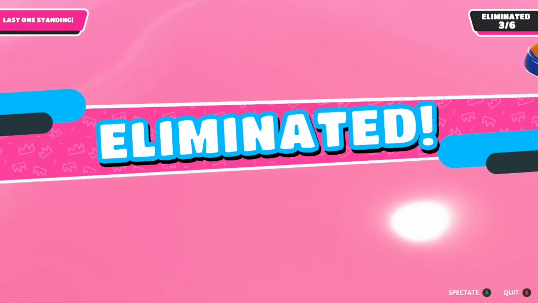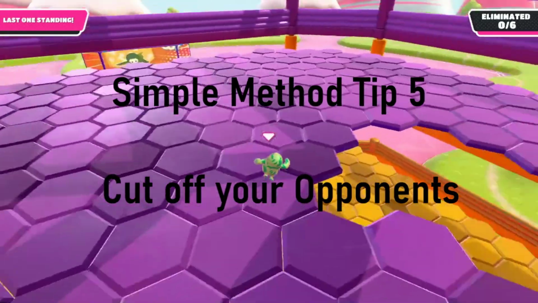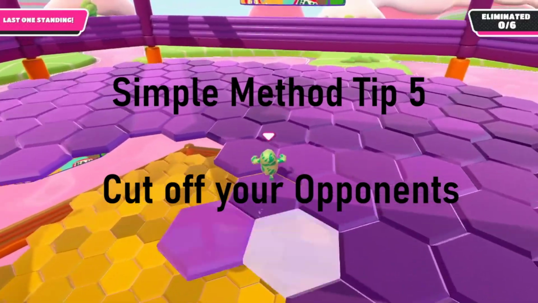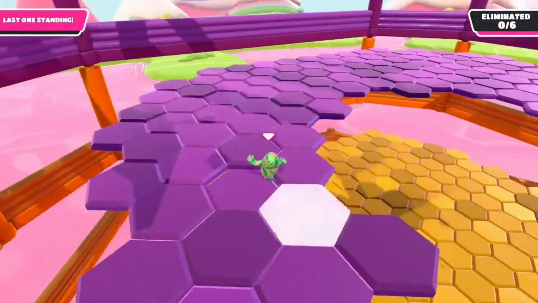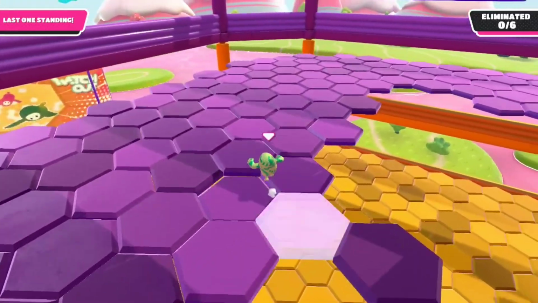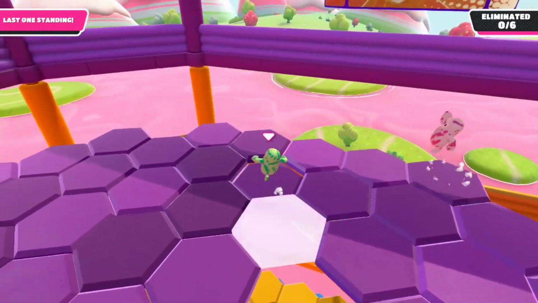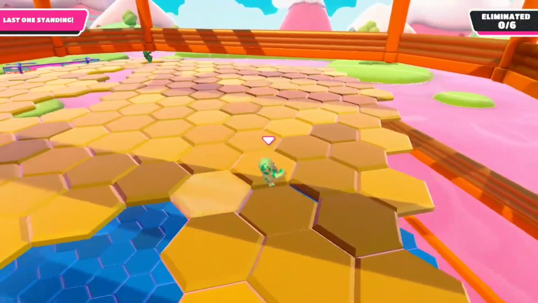Next tip is cut off your opponents. Basically, there's a strategy where you can take more than one hexagon when you're walking, and as you're walking by, try to stay in the middle of the two hexagons where you can take both of them at the same time. So if you see someone's losing space and the only route for them to return to the larger amount of space,